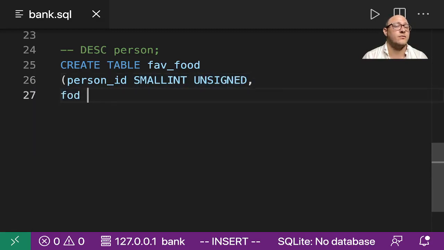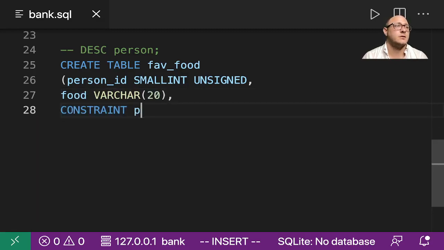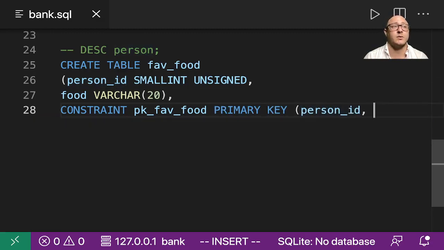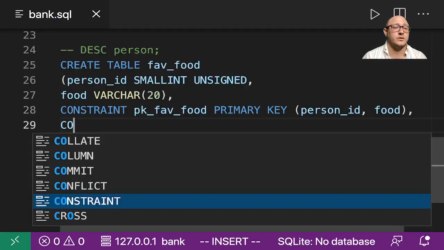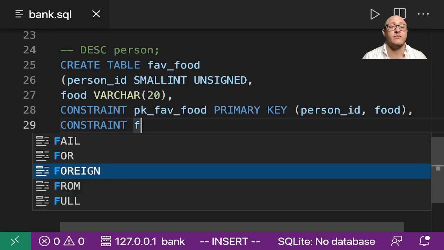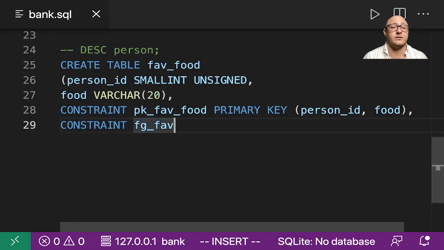Then let's do a food, which is a variable character of 20. Here we want to create a constraint, so of our primary key for our favorite food. The primary key here is going to be both person ID as well as food. And then we also are going to want to create another constraint in here, and that's going to be a foreign key for favorite food as well as person